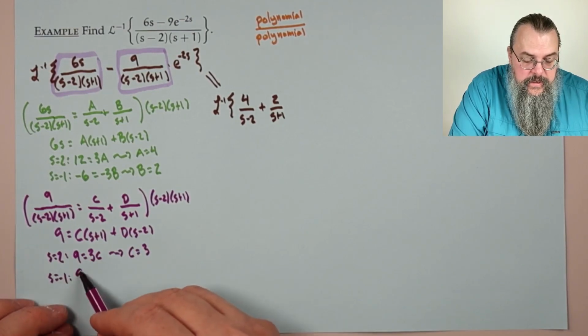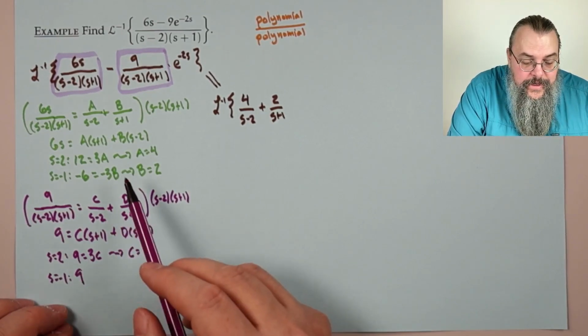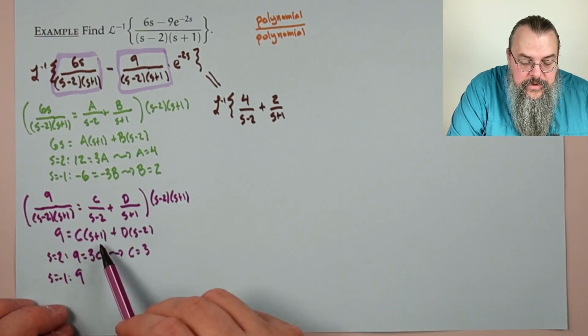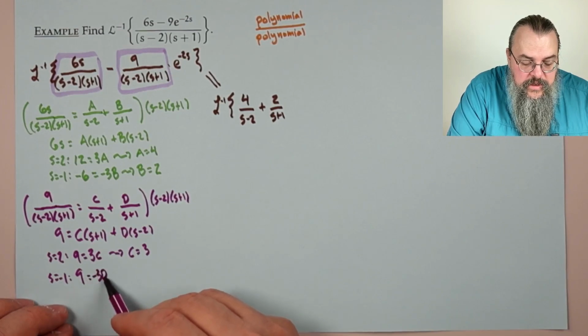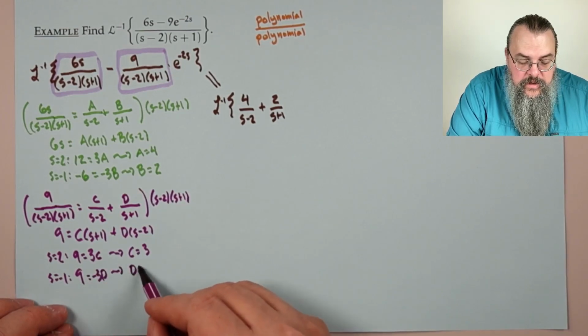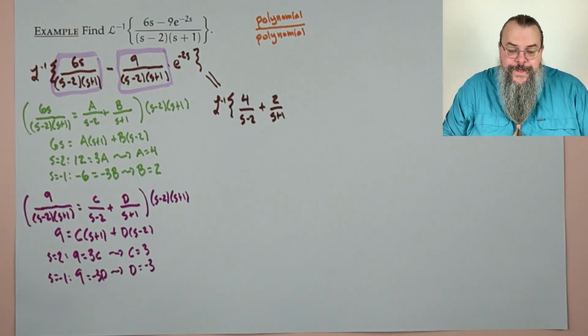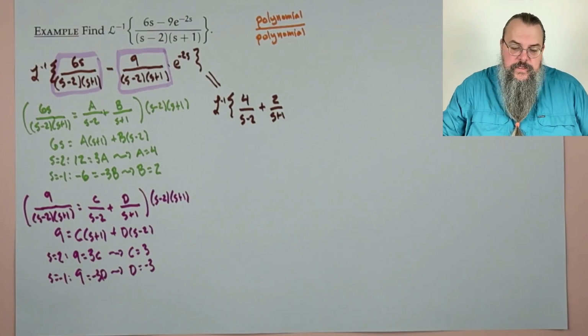And then we're going to get 9, because there's no s on that side. All right, 9 is equal to c times 0, and then minus 3 times d, minus 3d. So, okay, d is -3. All right, great. So now what's going to happen is we're going to subtract,